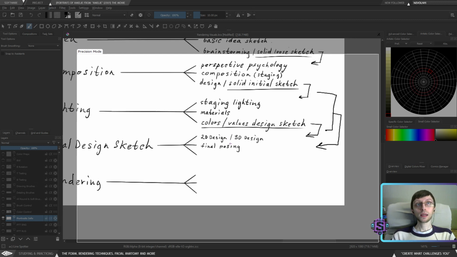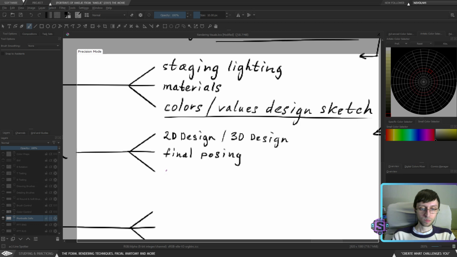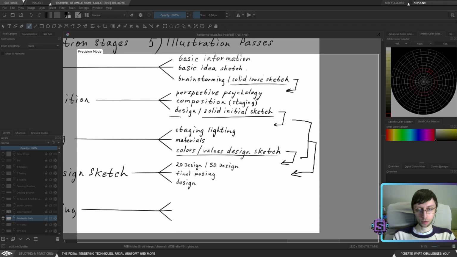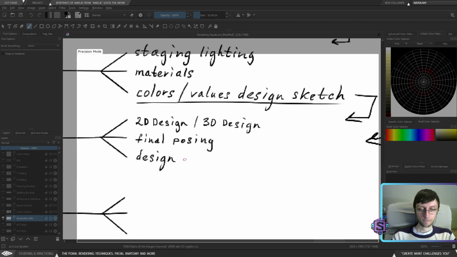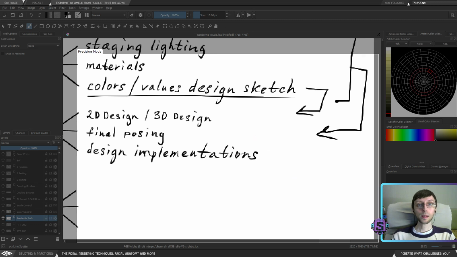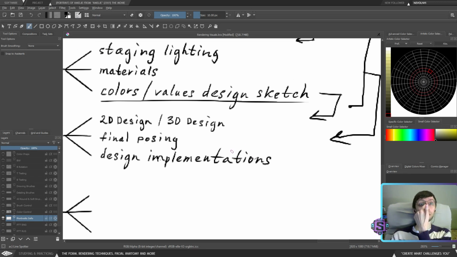Final posing and design implementation. When we're basically going to take all designs that we figured out before and design in here into the actual final sketch. Implementation. Yep, design implementations. So when it comes down to the design implementations, again, it's understanding the role